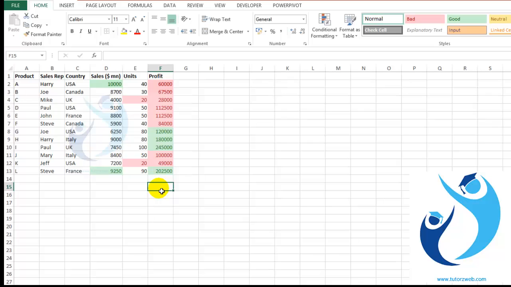The advantage of using conditional formatting is that when your data changes, it will automatically highlight the values based on the revised data. You need not recalculate it. Suppose I change the data in cell D2 from 10,000 to say 2,000. Now my top 20% values comes in cell D5 and D13.